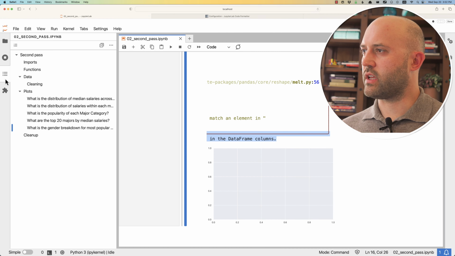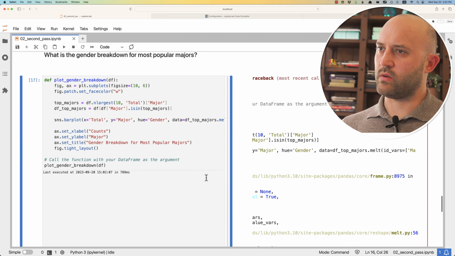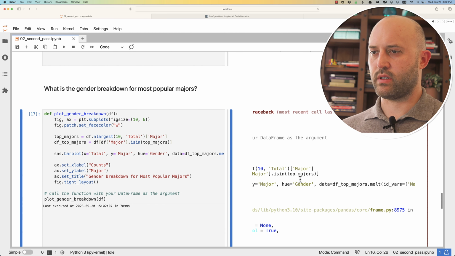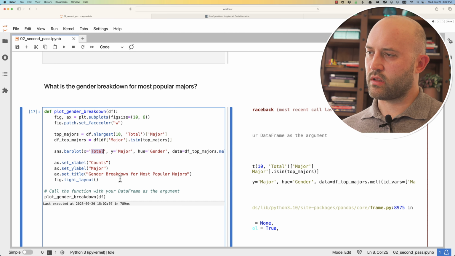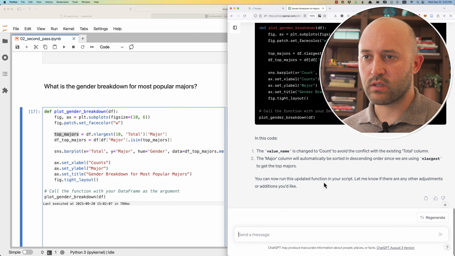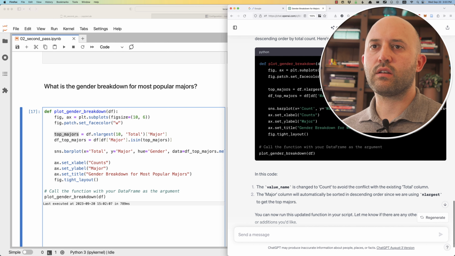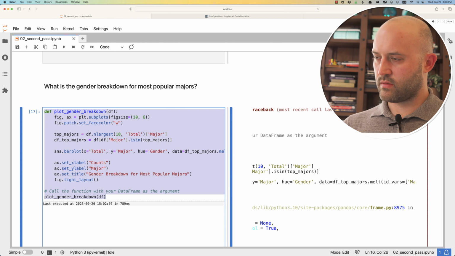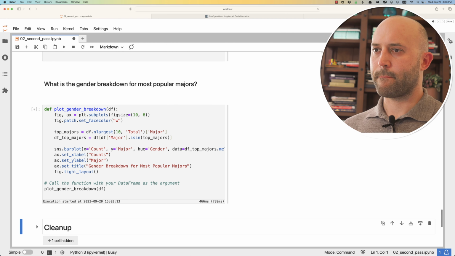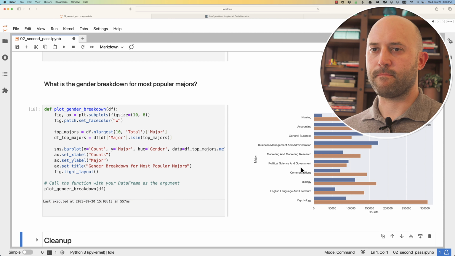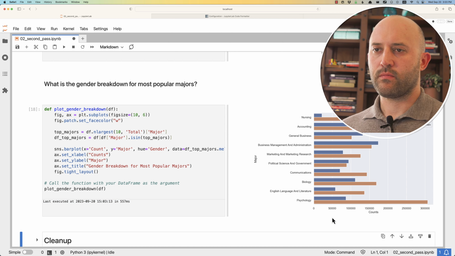This is so fun that this thing actually knows what to do. You give it the error, say, hey, you called the thing total here from your total majors, and it figured out the problem. It's also going to simply fix the situation there. Look at that. So now it's